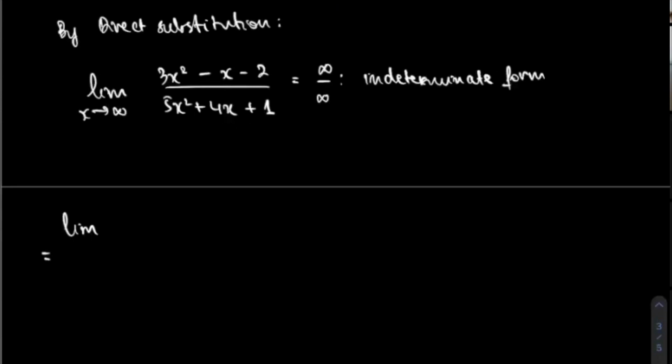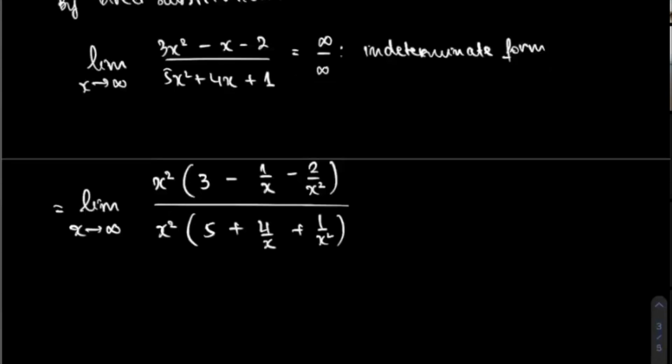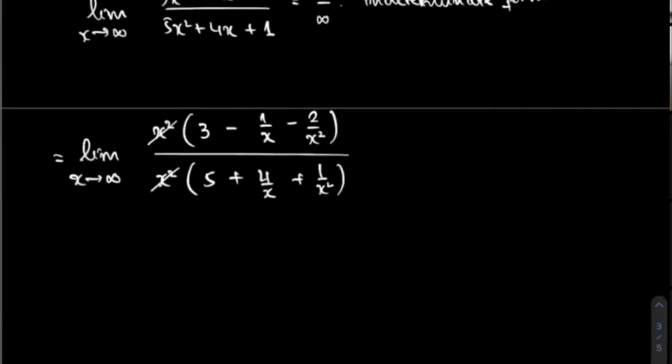From the original limit, we have the limit as x approaches infinity. On the numerator, the highest degree is x squared, so you have x squared as the common factor. You're left with 3 minus 1 over x minus 2 over x squared, over x squared times 5 plus 4 over x plus 1 over x squared. Alright, so now I'm going to cancel out the x squared, and I'm left with the limit as x approaches infinity of 3 minus 1 over x minus 2 over x squared divided by 5 plus 4 over x plus